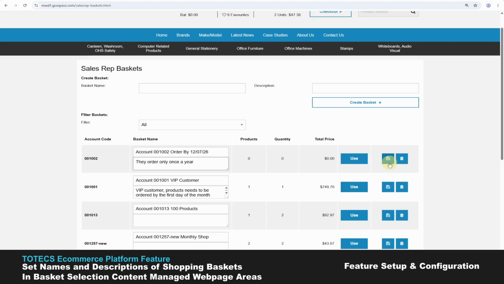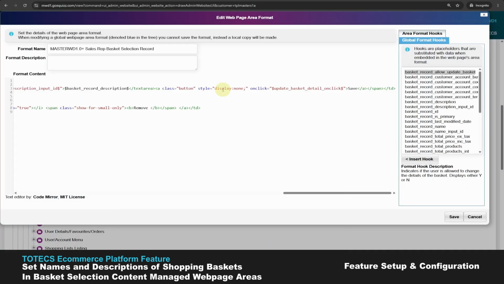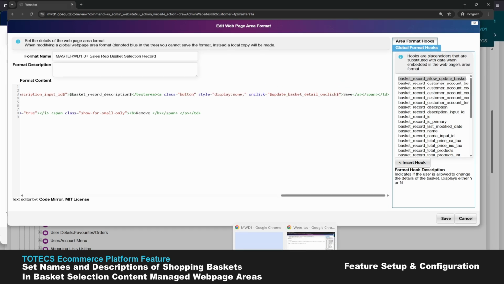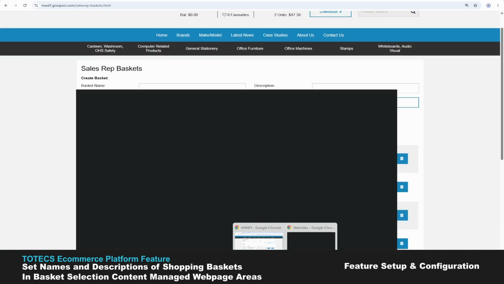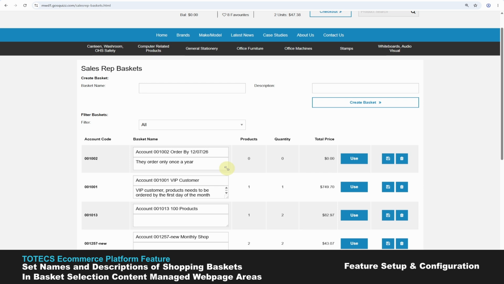So in this case we're using a save button or using a save icon, but we could use any text that we wanted to. So we use the on click here to have the update basket detail on click format hook, so that way when the user clicks on the button it will trigger the area to save the details of this particular basket. And that is all that is required to allow the basket selection area to allow the